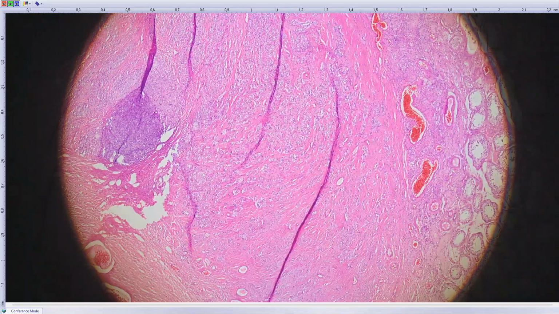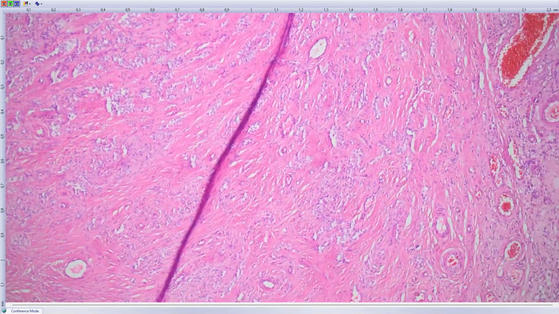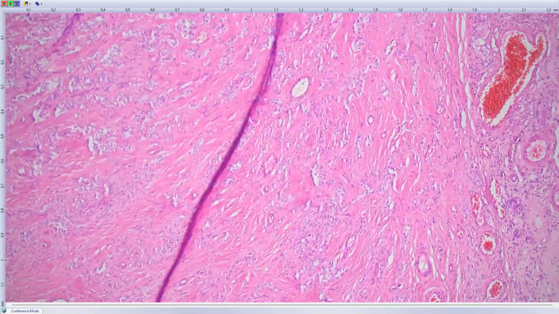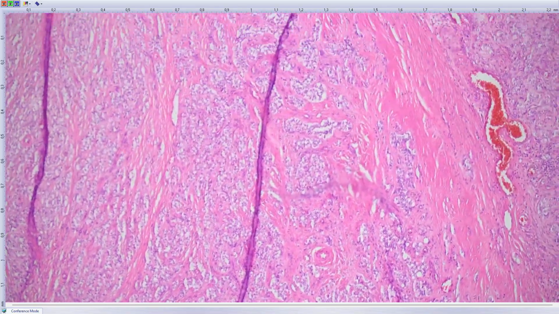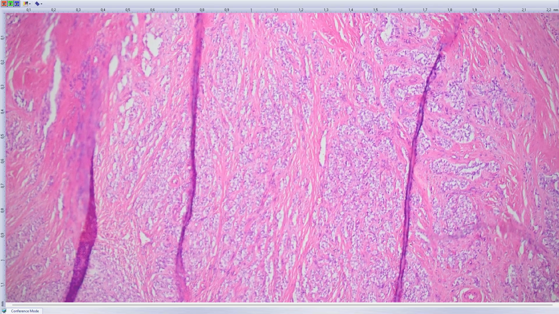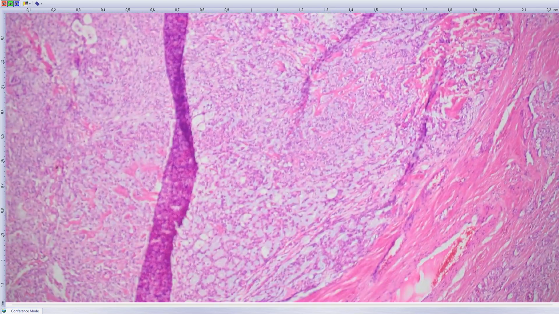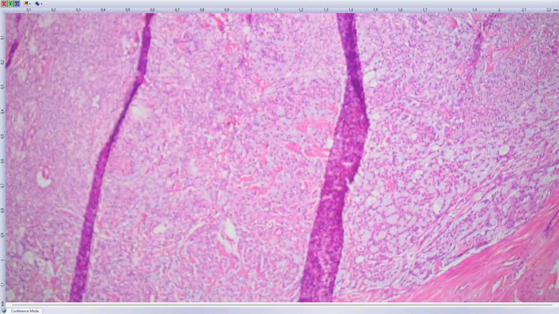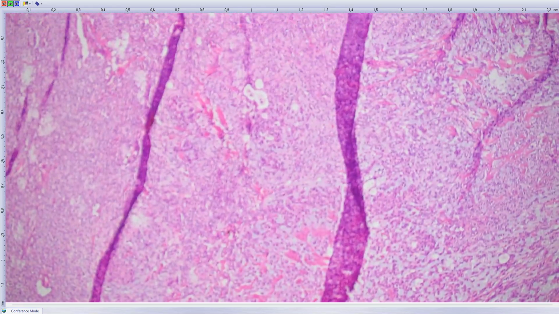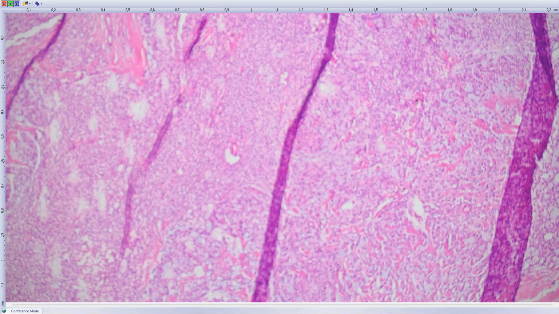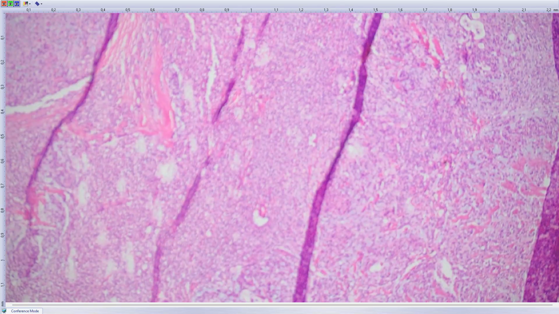In this part, we have an area of tubules, which is reminiscent of Sertoli cell tumor, NOS. If we move to this part, we have an area which is rather similar to microcystic stromal tumors of the ovary. And if we move to another part, there are more solid areas,